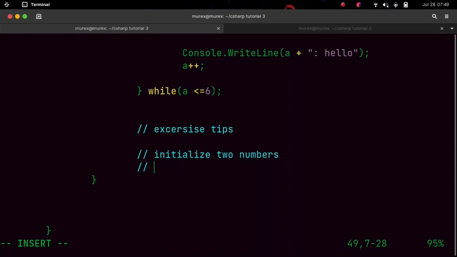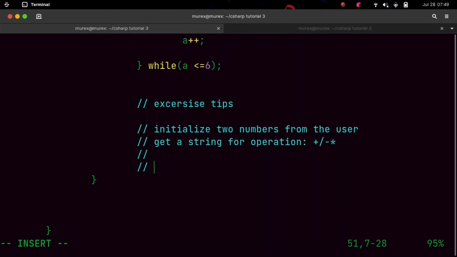Then I want you to also initialize two numbers from the user, and then get a string for the operation. This is not a doctor's operation, by the way. It's a mathematical operation: either you add, divide, subtract, or multiply. That's what you're getting, right? Cool. So the thing I want to discuss is how do you compare strings in